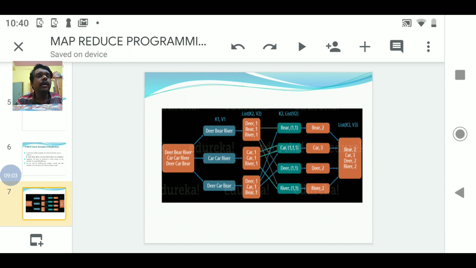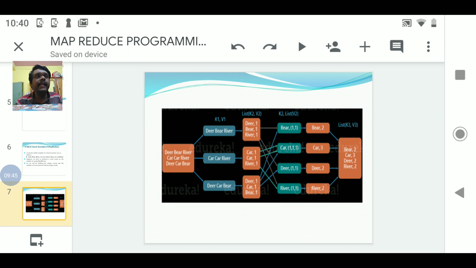And before going to the reduce phase, as I already told you, there will be a shuffle stage and a sorting stage. The shuffle stage is going to collect all the values of a particular key. So here we can see that bear is occurring 2 times in the file. So what is the key there? Bear. And how many times is it occurring? 2 times, at 2 different places. So I am putting it as 1, 1. So the value here is going to be a list, and the key is the word itself.